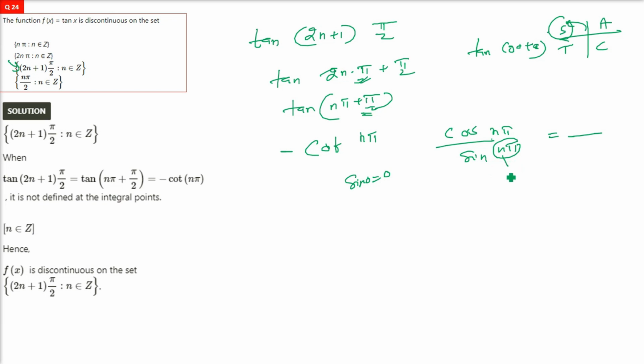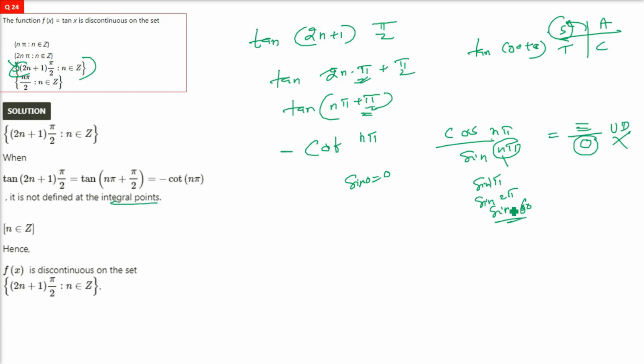So you have 0 in the denominator, but you cannot afford it because this is indescribable. So this is undefined. That is why this third option is the correct option